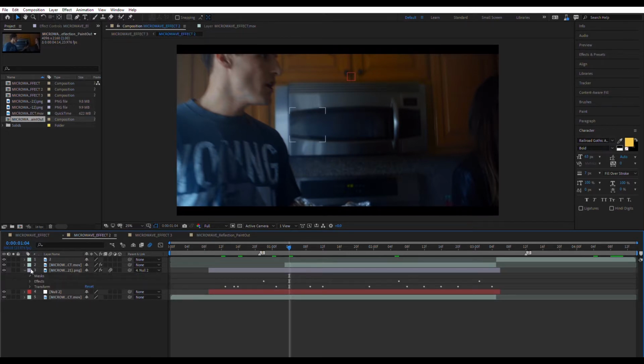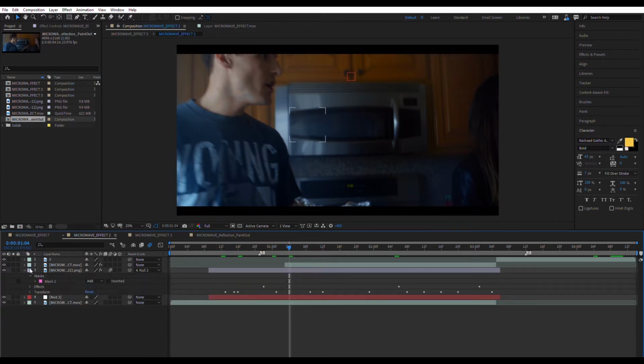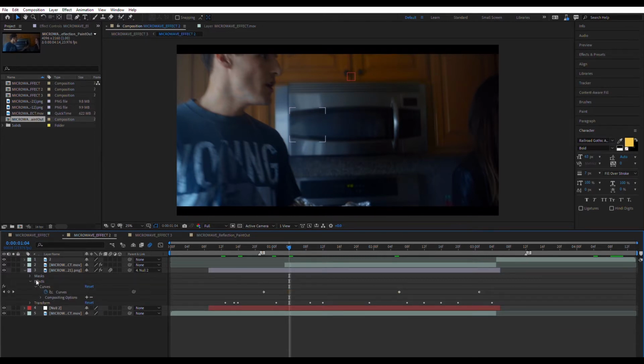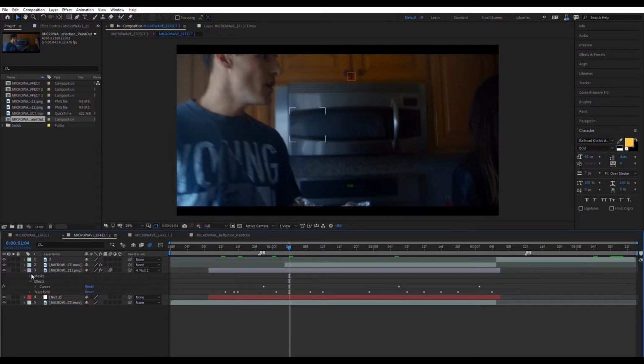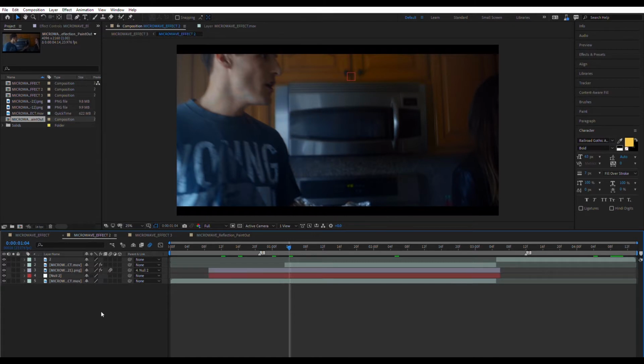Ever had to deal with complex layers and finding a keyframe within it, like opening it and masks? Where is it? No, that's not the keyframe. I'm looking for FX. Yeah, that's the one. So instead of this, what you can do is select the layer you want to find the keyframe within